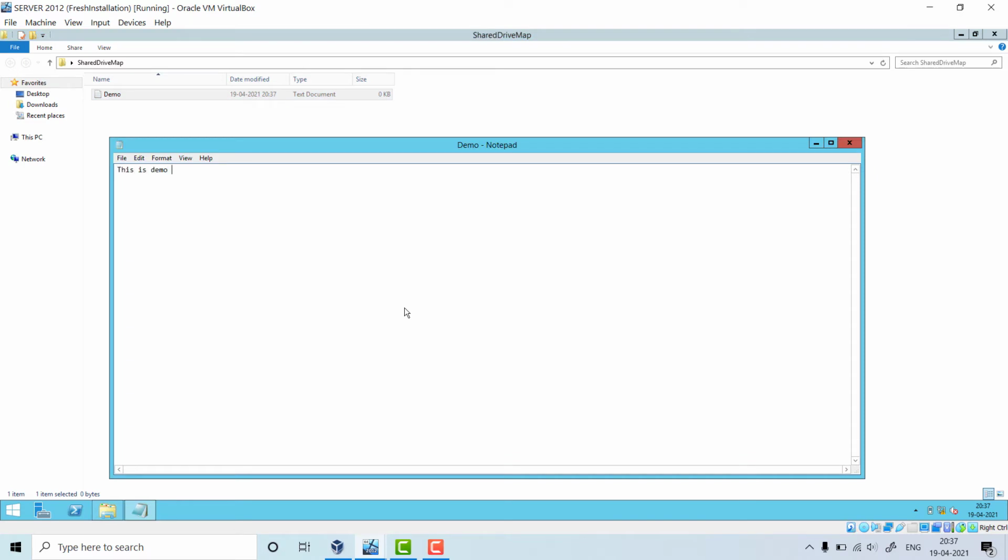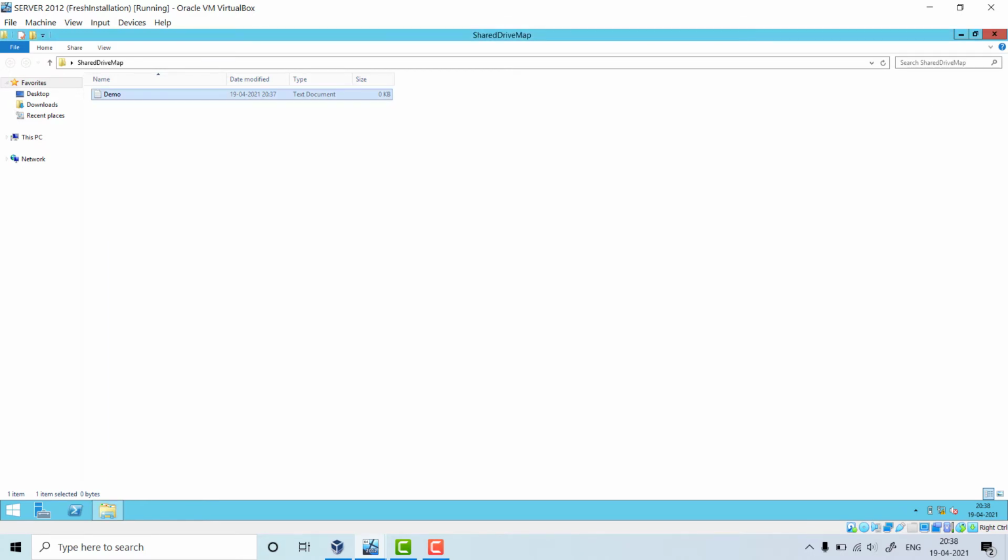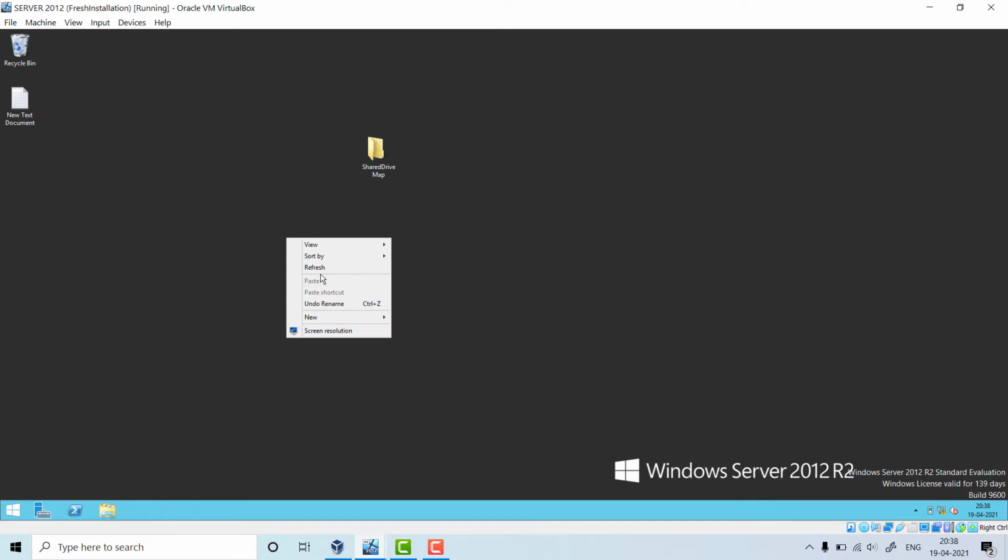This is a demo of creating shared files, a shared map drive, or you can say just creating a map drive. Just click on save.